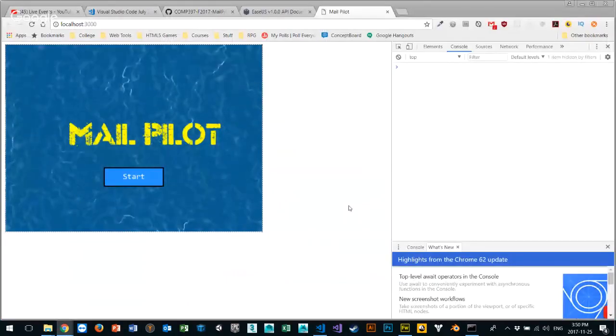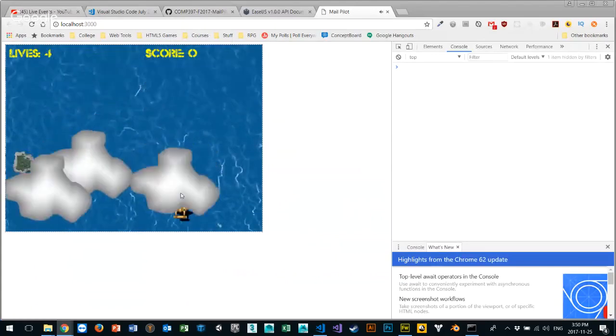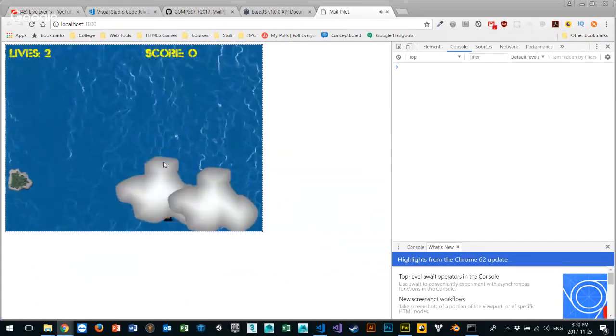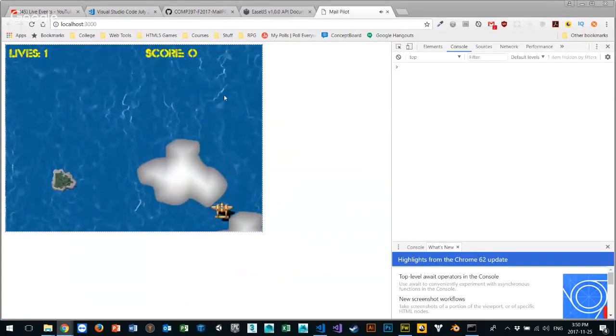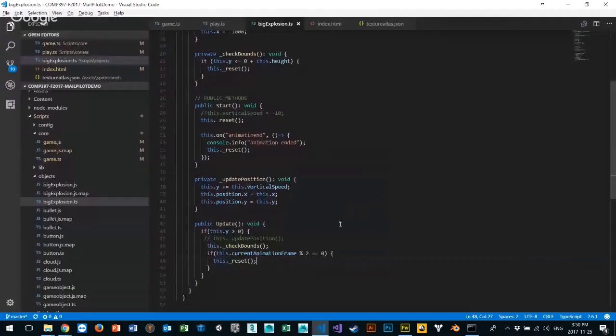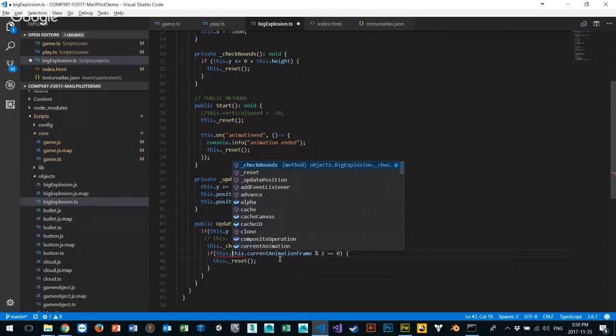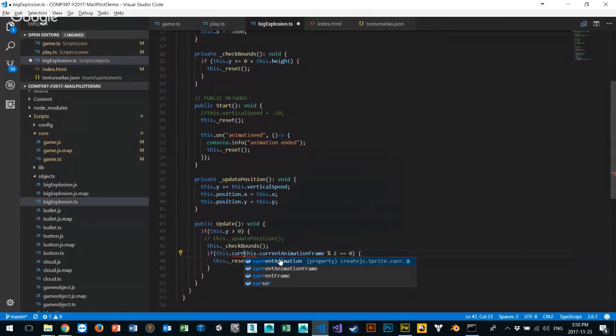Because we don't want to see it on the screen, right? So hello. It's just resetting. It's resetting right away, right? Because of 0. So how do we do that? If the current frame divided by 2 is equal to 0, right? And first of all, if this dot current animation frame is not equal to 0,